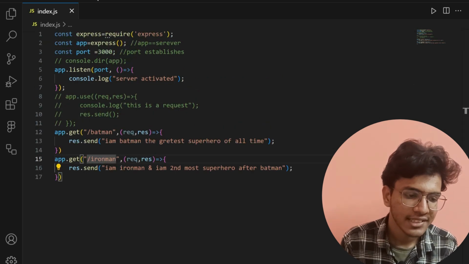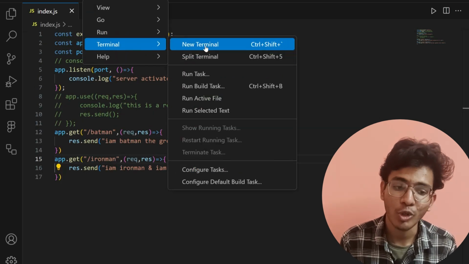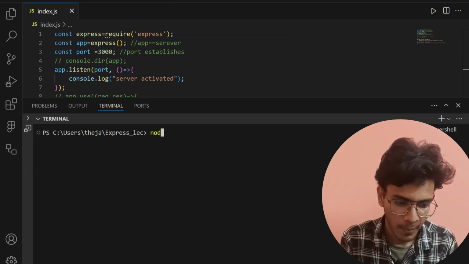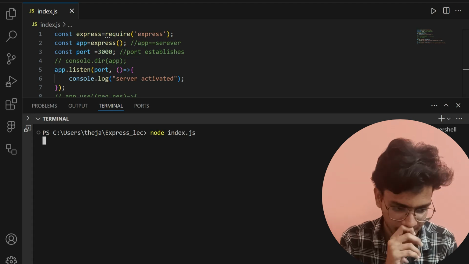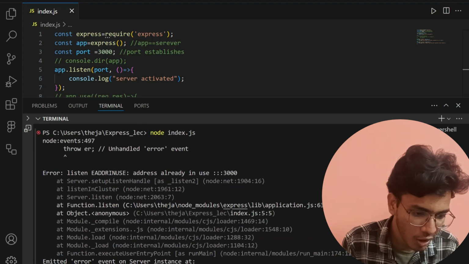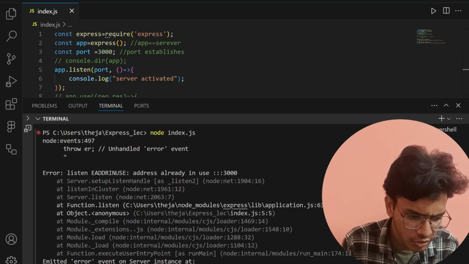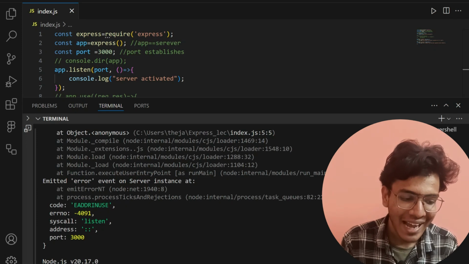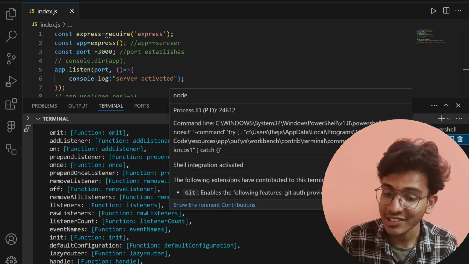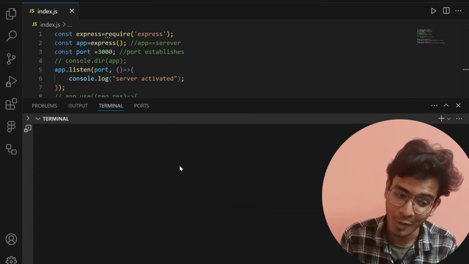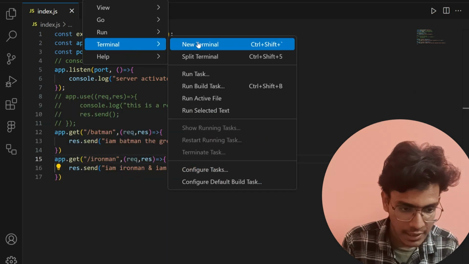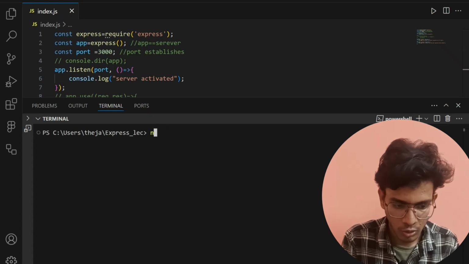Now let's say I'm running my server again, and what Nodemon does is it will automate my server process. So here I will write node index.js. My server is running right now, and you will see I'm getting the port value, all these things, and it throws an error. Why is it throwing an error? Okay, from now on I have to write Nodemon. So here I will delete all the things, and to run our server in Nodemon we have to write nodemon. Okay, so here I will open another terminal, and in the terminal I will write nodemon